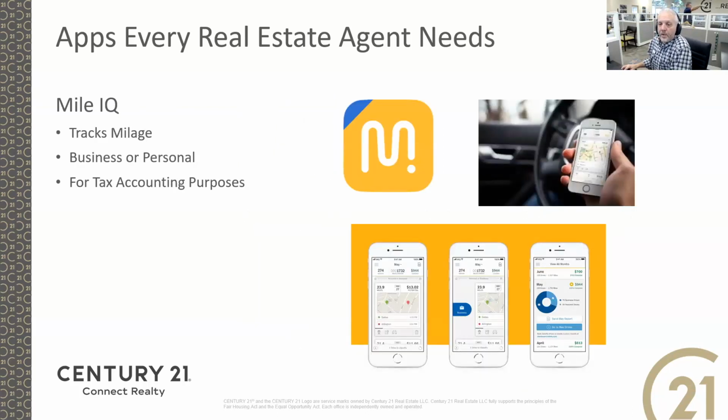Mile IQ. Your CPA and your tax advisors will thank you for using Mile IQ or some other mileage tracking software. I have Mile IQ on my phone, and my tax guy loves me every year when I turn in. I think on average, and this is me not being as active an agent as I have been in the past, I think last year I was able to deduct 5 or 6 grand of travel expenses off of my taxes because of Mile IQ, and to have it all in a report that is easy for my CPA to look at.